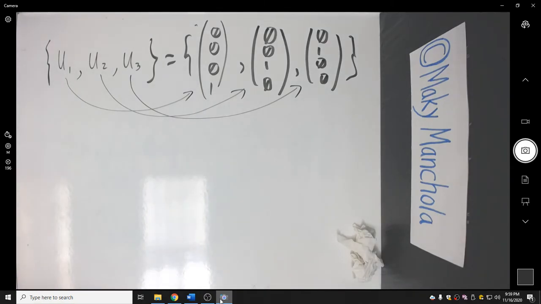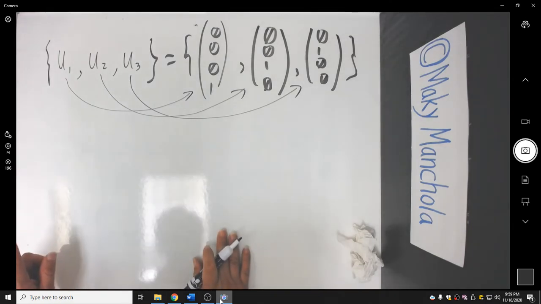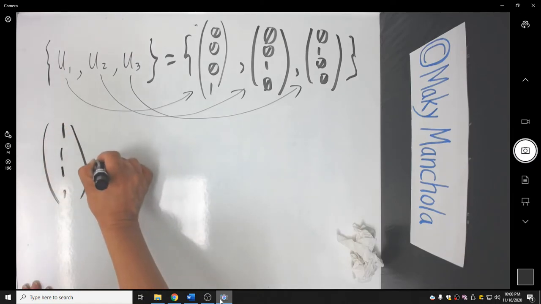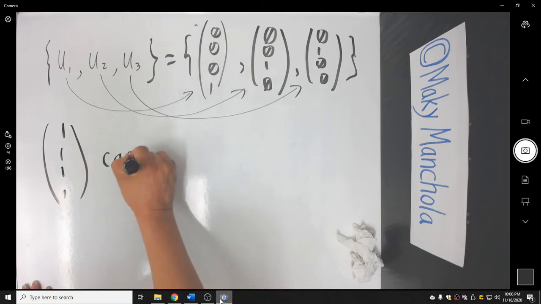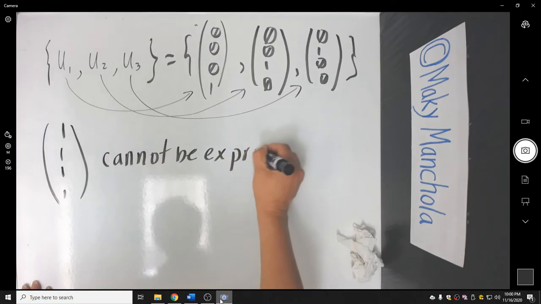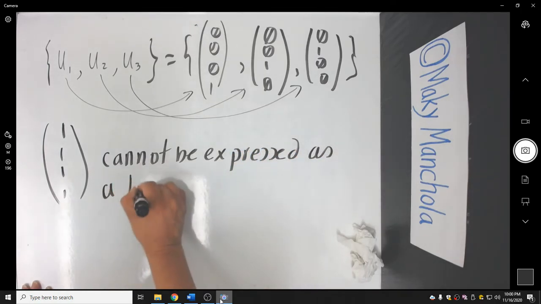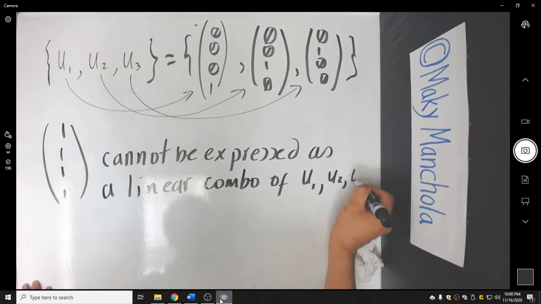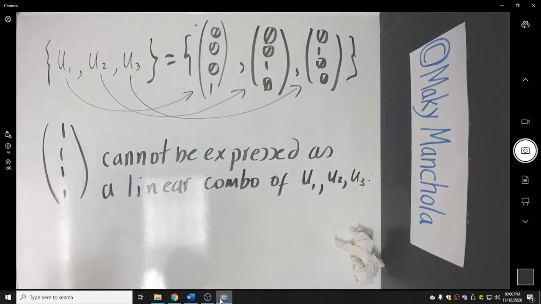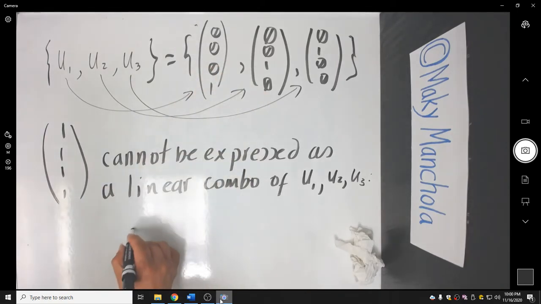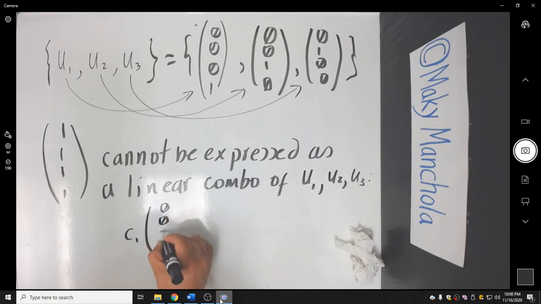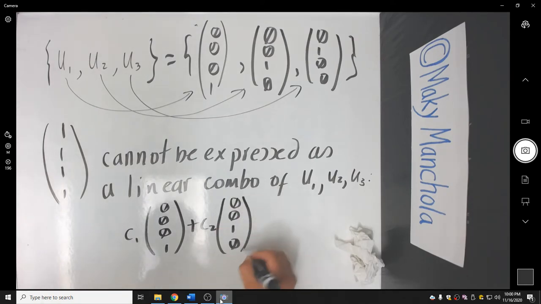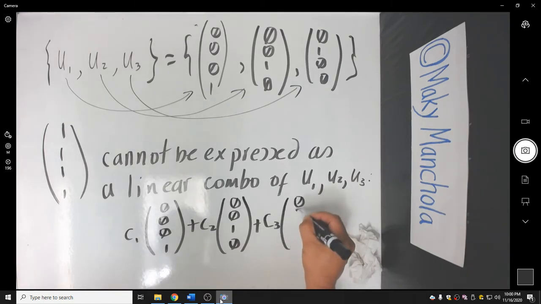So it looks like I cannot write this fellow 1, 1, 1, 1. So 1, 1, 1, 1 cannot be expressed as a linear combination of U1, U2, U3. Now, what's the problem here? The problem is that when you add C1 times 0, 0, 0, 1 plus C2 times 0, 0, 1, 0 plus C3 times 0, 1, 0, 0,